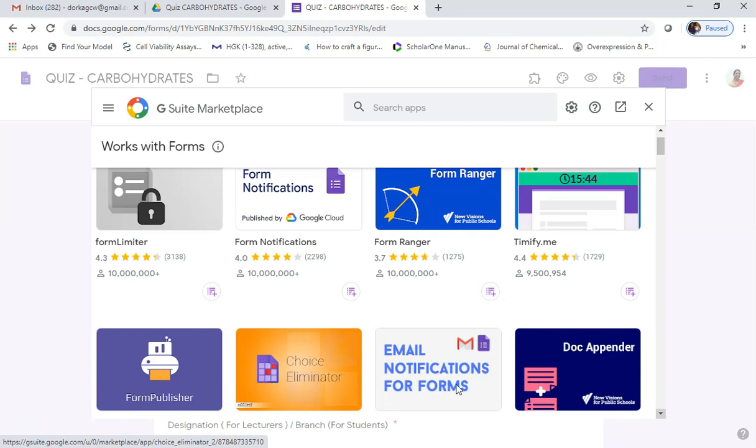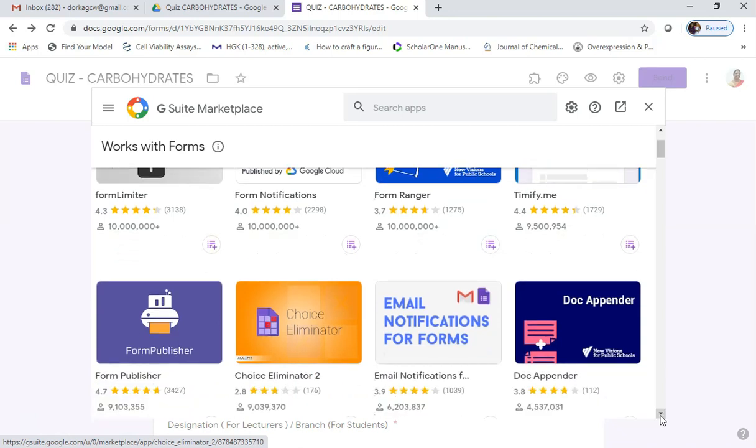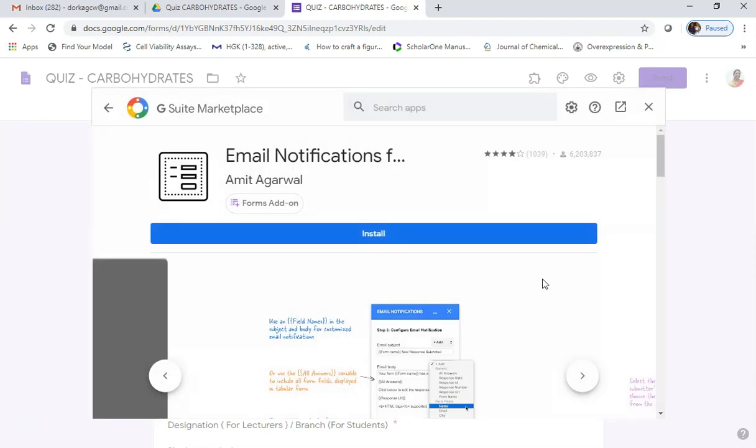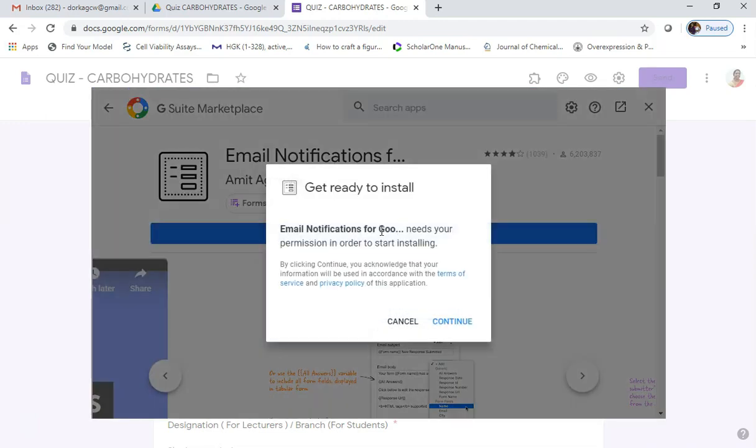This enables us to set a form as time-bound. Select Email Notifications for Forms, install it like the previous one, and give all the permissions.